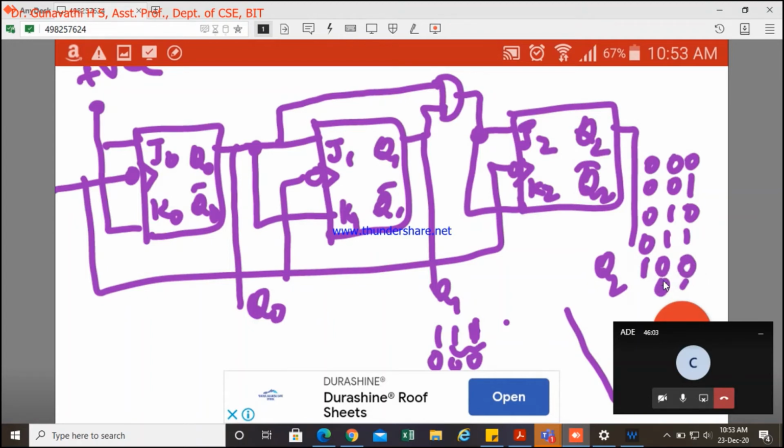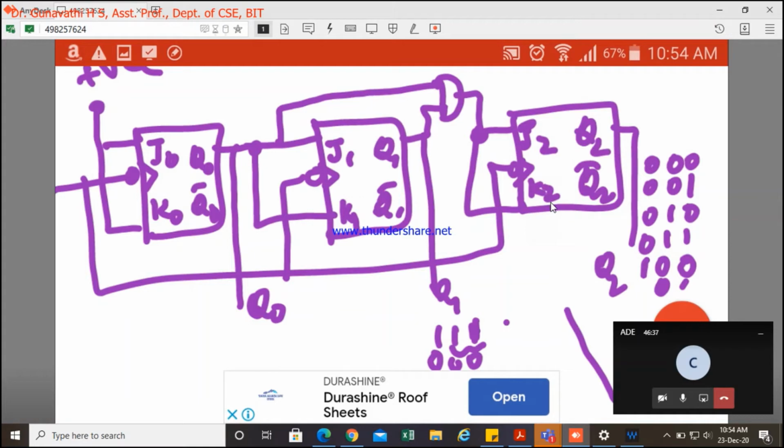This is working like an up counter. Now I want to design it as a down counter. What can I do now? In a similar way as I learned for the asynchronous counter, I'll follow the same technique here. So instead of connecting the Q0 output of the next stage as an input for the JK, I'll connect the Q bar output as an input for the JK. Then it will work like a down counter. Again here the Q0 bar and Q1 bar are connected to an AND gate, that will be connected to this JK. So it will work like a down counter.